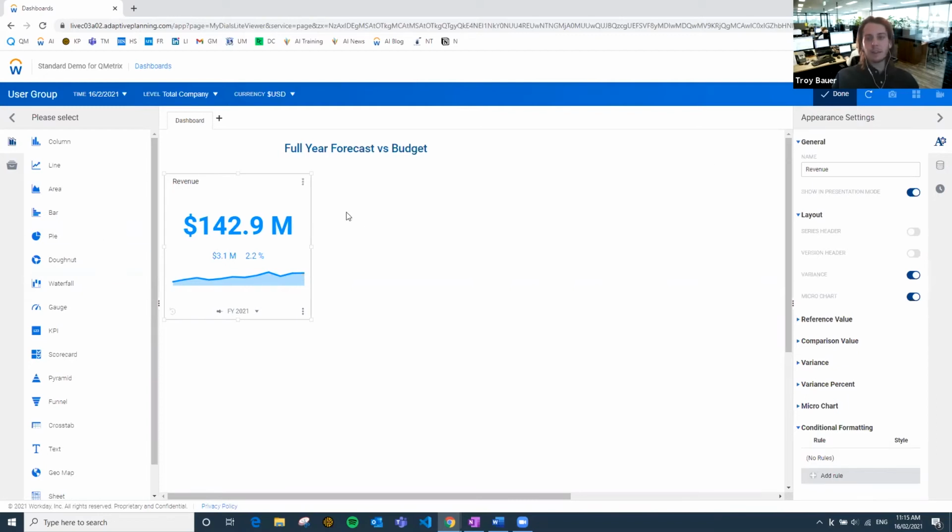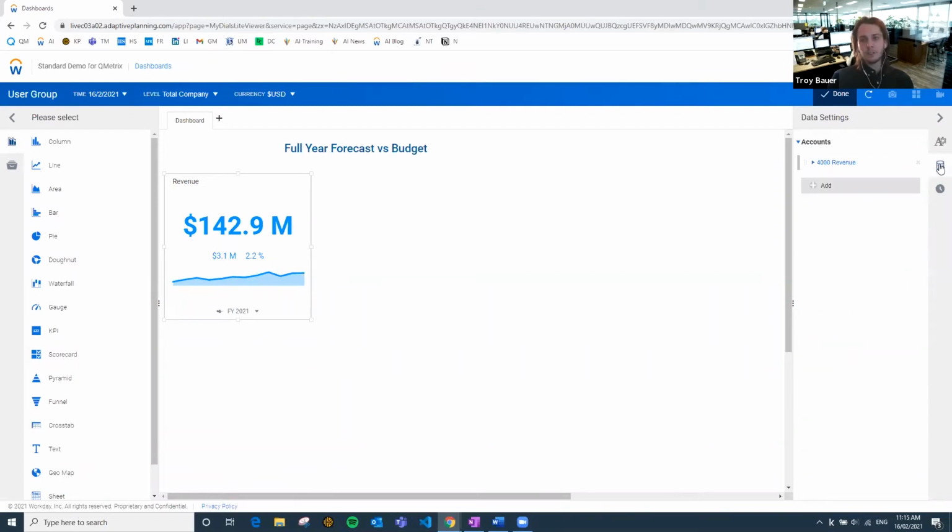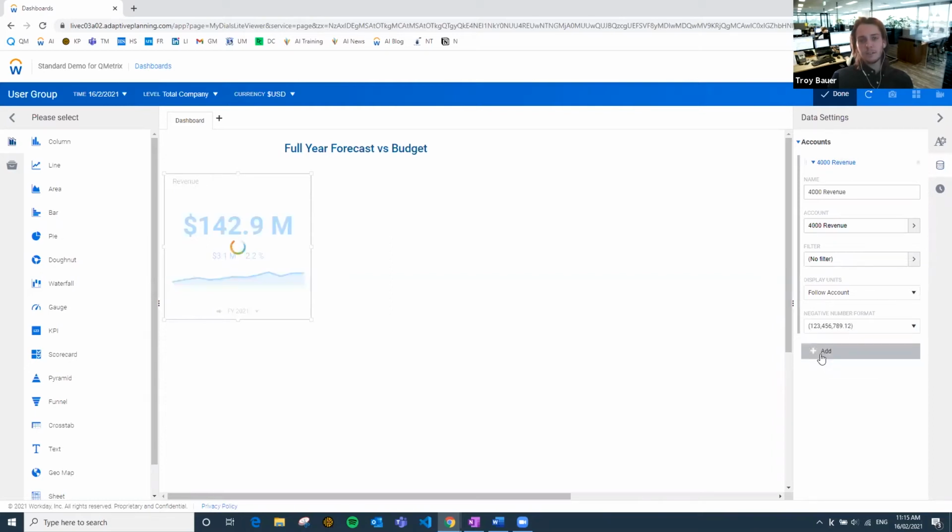The last formatting thing is in the case of a negative value. So particularly with variances, you're going to see negative variances from time to time, and you can format that to show in brackets by clicking on the account settings over here on the right and going into negative number format, changing that to brackets instead. That's what I wanted to touch on as far as the formatting of the KPI.